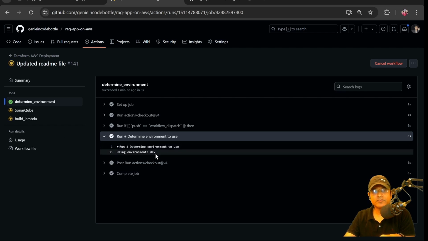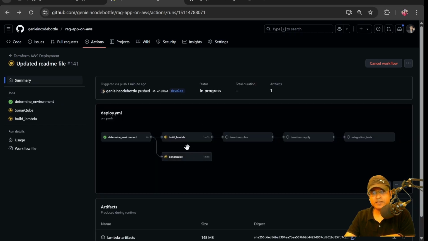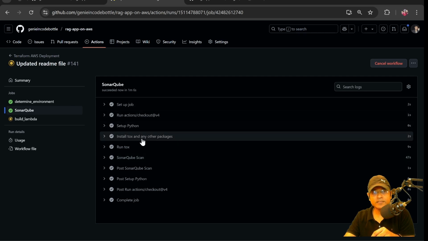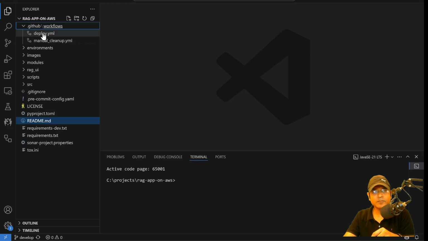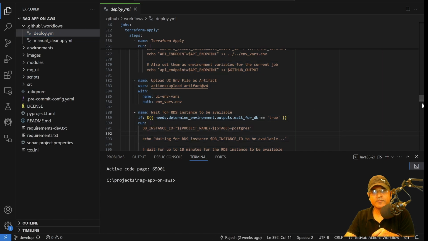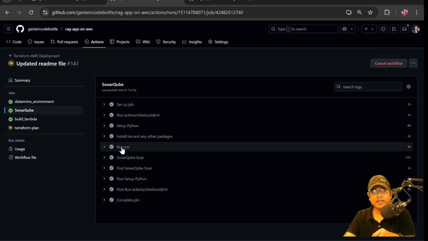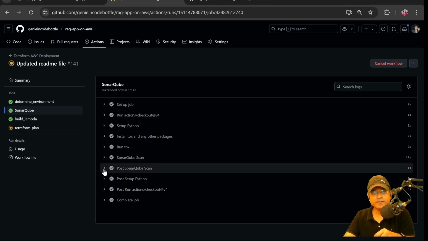So it is using environment dev because I am running through the develop branch. I can go back and see other jobs, like SonarCube is successful. I can go and see in deploy what all the steps are there in a particular job. So I'm in SonarCube, I'm running this many steps, and if you see